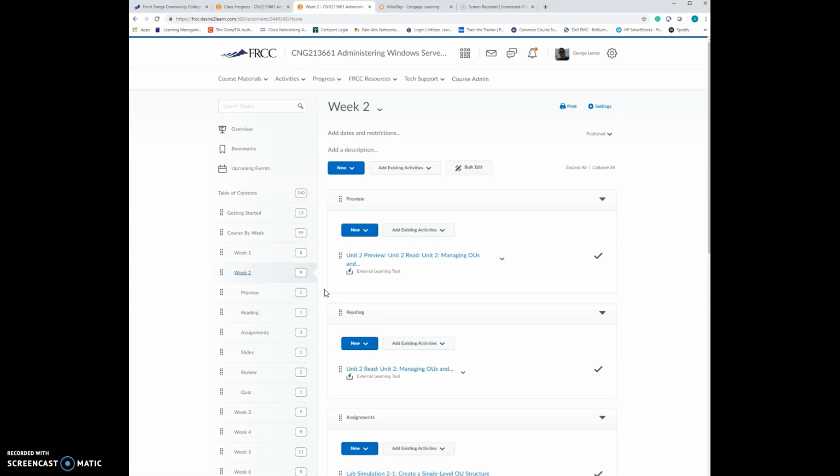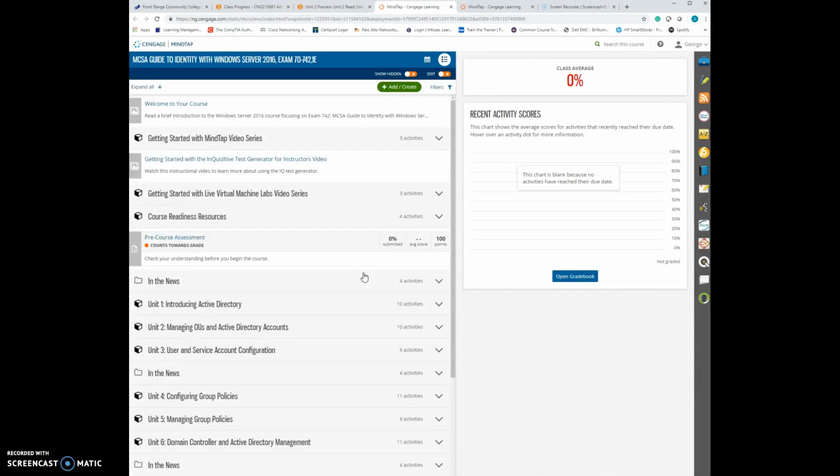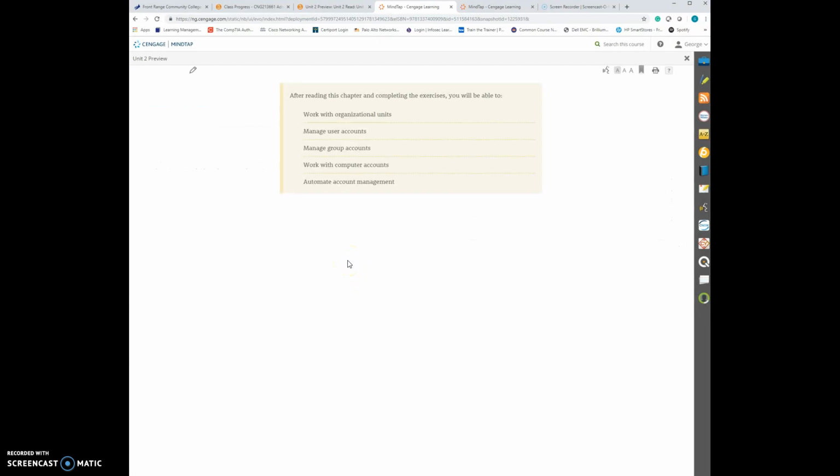When we get into week two, we look at managing organizational units within servers, and we can take a look at the reading. Once again, the reading should be somewhat review material from 212, once you've taken it, where you're making organizational units, looking at user, group, computers and starting to manipulate, organize